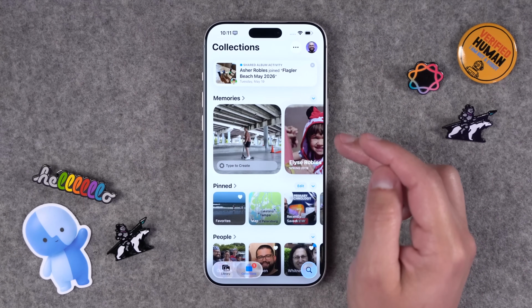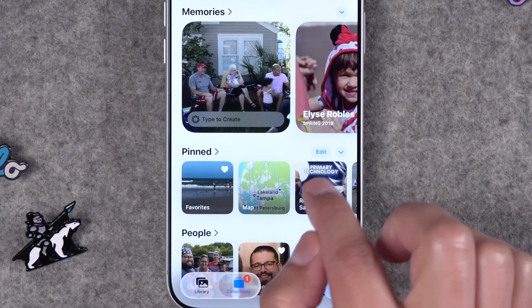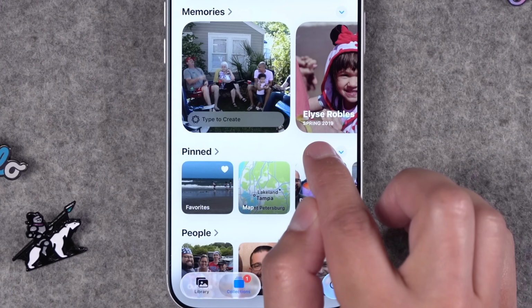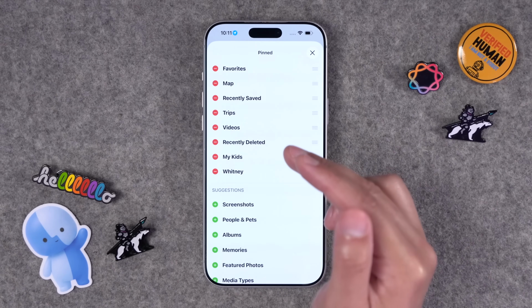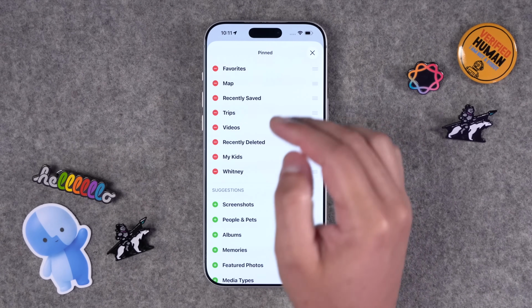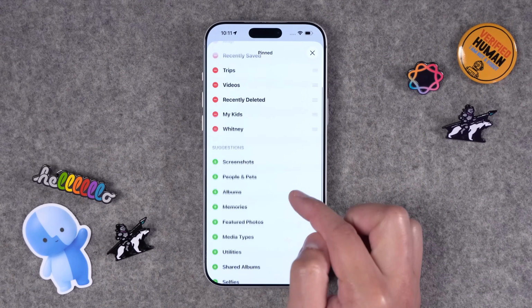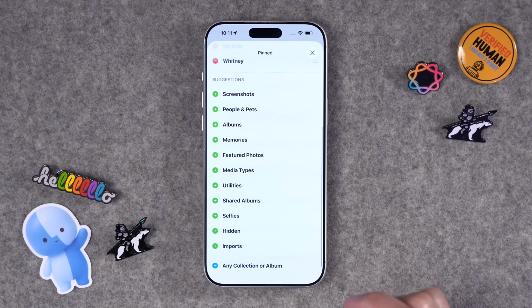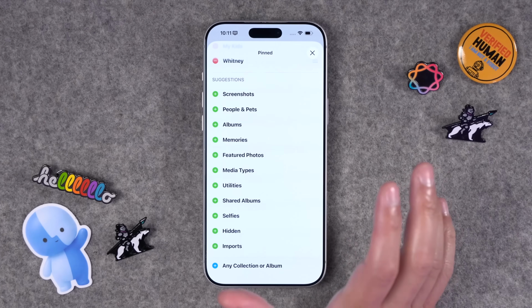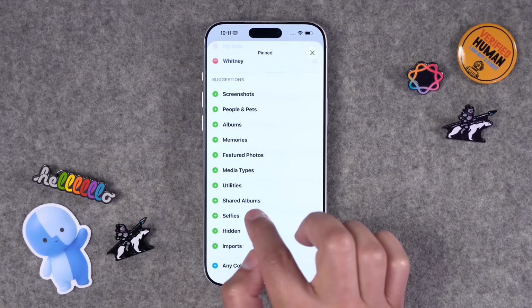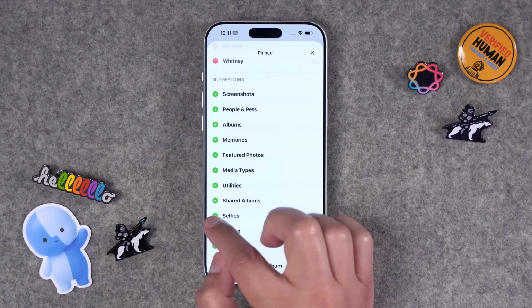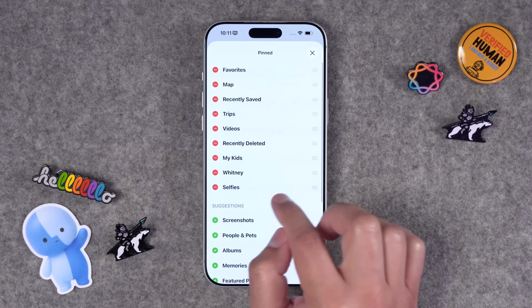So here you see we have the memories, and then the Pin tab, you'll see a little edit button next to that. If I tap edit next to pinned, I can choose similar categories like trips or videos, and those will be pinned right there at the top of the collections, and there's other suggestions. So if you often go to media types because you're looking for screenshots or videos, or maybe you use a lot of shared albums and you want to see shared albums up at the top, or maybe selfies, well, you can add that